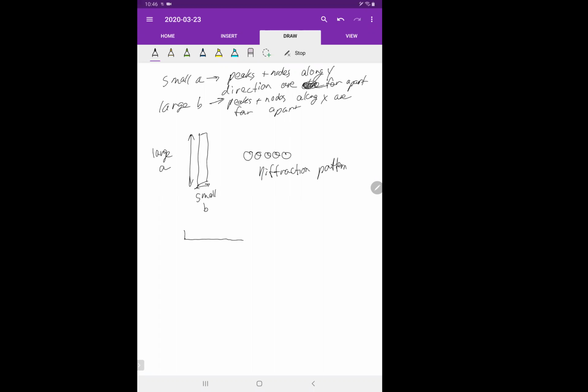Conversely, here we have small a, large B, and here's our diffraction pattern. And this is a general phenomenon we're going to see over and over again with diffraction,